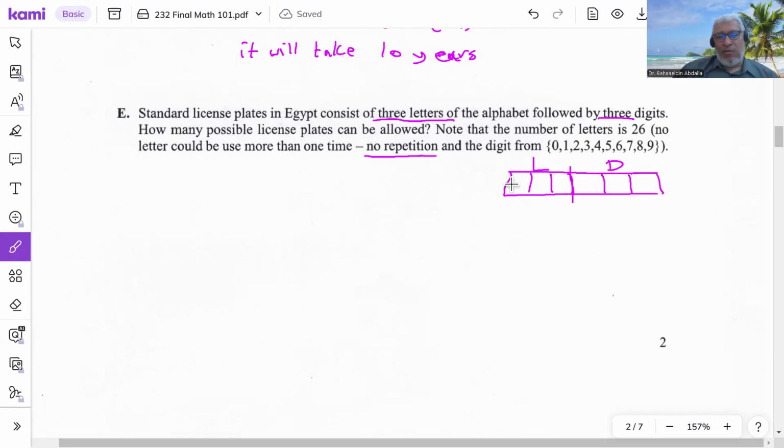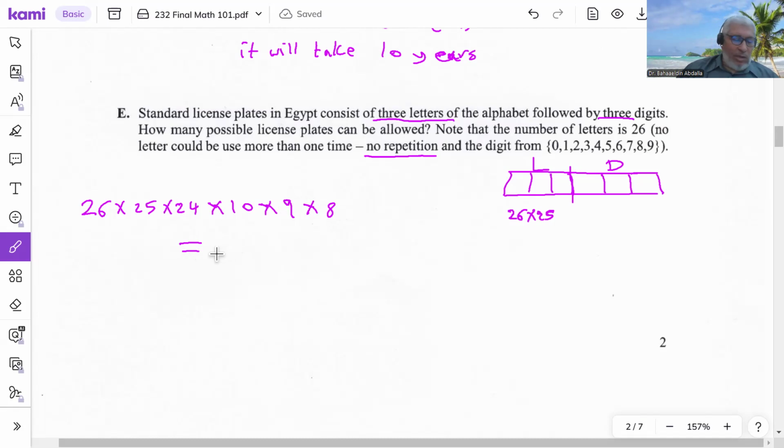how many possibilities for the first place here? You have 26 letters to choose from. Once you choose a letter for the first position, now you have 25 letters to choose from, and so on. So how many possible license plates? 26 times 25 times 24. These are the letters. Then times 10, the number of digits. Then if you choose the first digit, you have 9 to choose from, and then 8. This would be